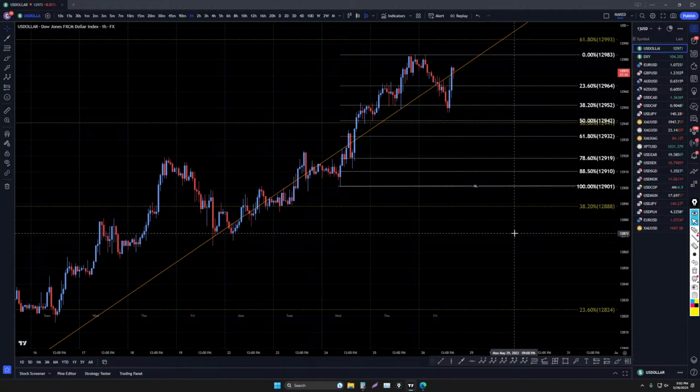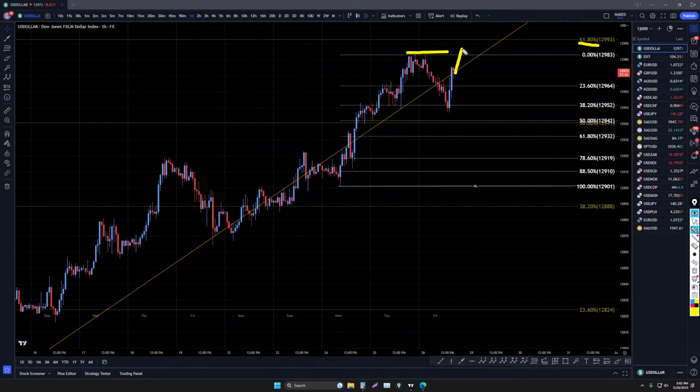So let's give it a few minutes and see what happens. There's no point really sitting here staring at it. We're not going to change anything. I do think we're going to push up one more time, maybe even up to the fib level, maybe take out this high just a little bit, and then turn down, take out structure. I think that's the most likely thing to happen today, and then we'll probably make a correction next week right up until non-farm payroll.